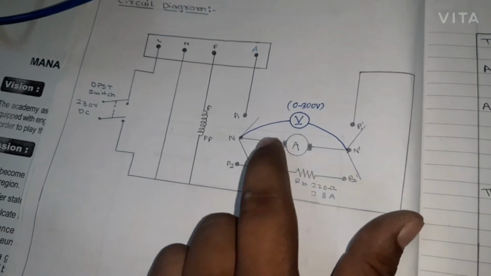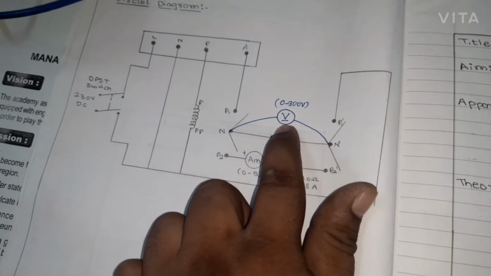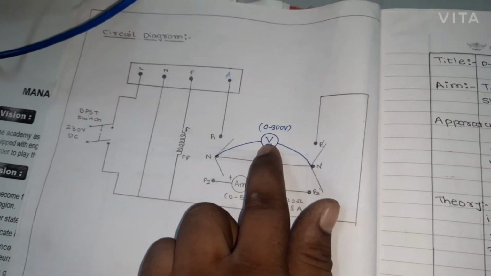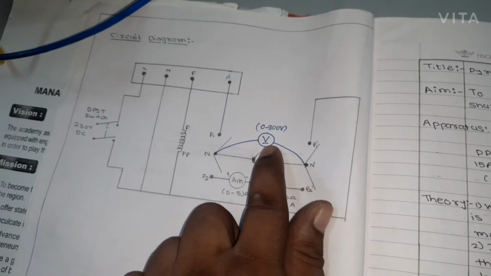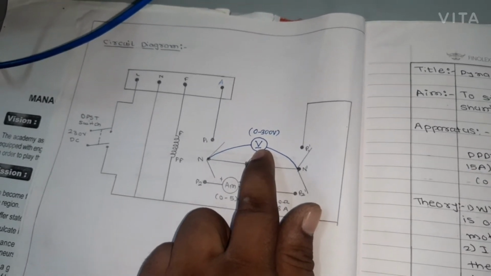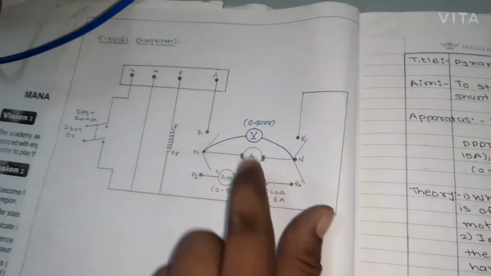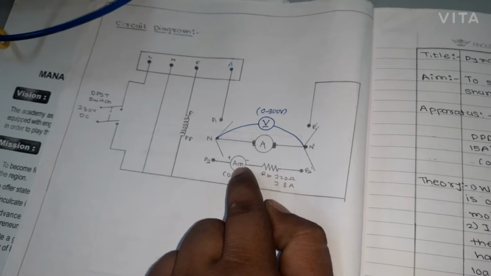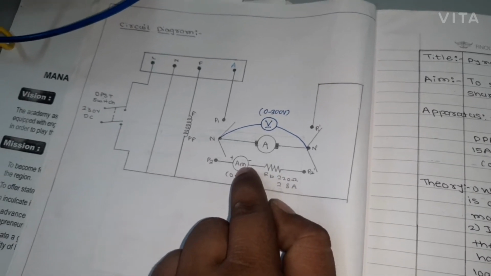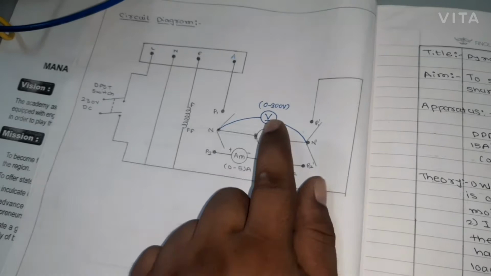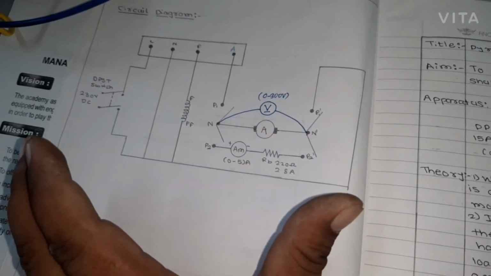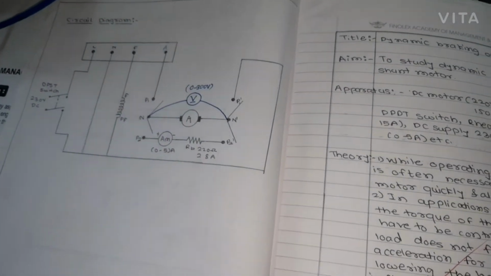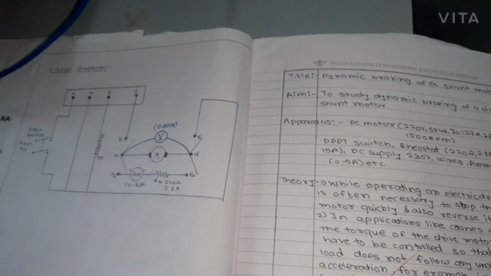And for speed, back EMF is proportional to speed. So no need to measure the speed, we can just take the voltmeter reading. This voltmeter will give us the back EMF. If you multiply it by some constant, it will be the speed. Then this ammeter will give us the armature current during braking, and if you multiply it by another constant, we will get the torque. Without multiplying by the constants, if we directly plot V and I, that is also fine. That will be a characteristic between back EMF and the braking current. The nature will be the same, the slope and all of this characteristic nature will be the same.